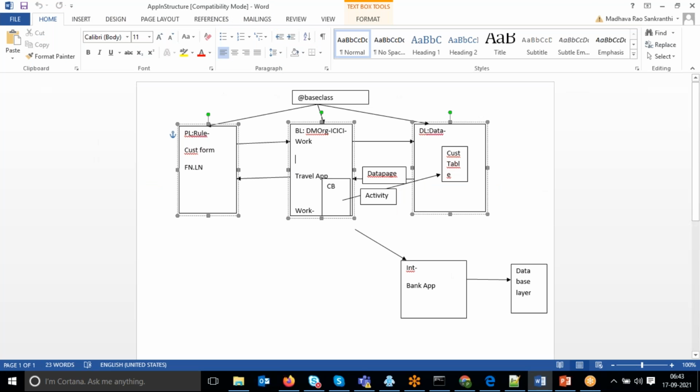Next, one more feature we discuss is the integration feature. This is one of the main features inside the Pega tool. Yesterday I gave a number of examples in the industry. Through Gmail you can connect to Facebook, Twitter, LinkedIn, right? All these applications are connected applications only. The same thing in the travel domain, connecting multiple applications.